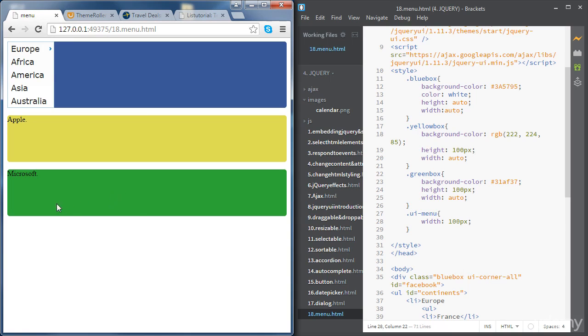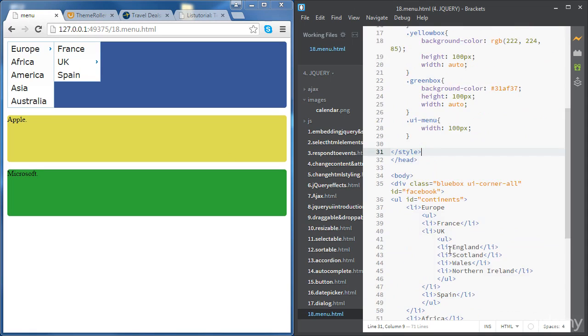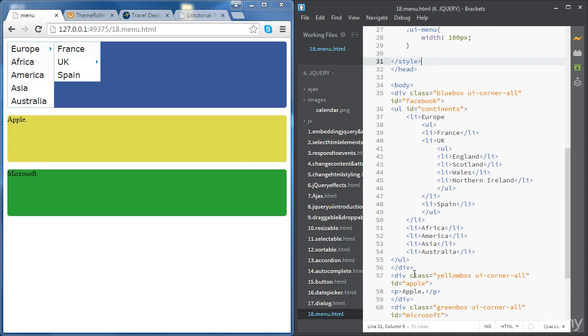Sometimes, rather than having a second level there, we want to have categories, and under the categories we can have the second level showing under the category. Okay, so we're going to create another menu in the next div, and we're going to have categories, and the next level is going to show under the categories. So all we're going to do is copy paste this list